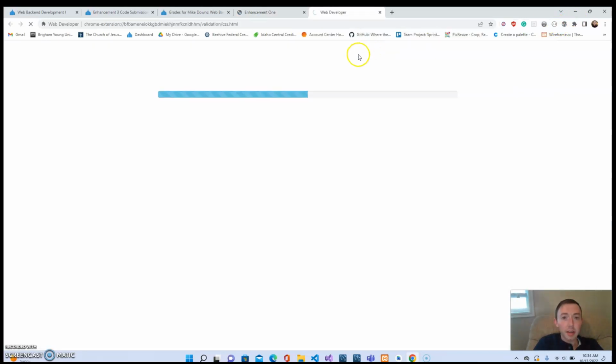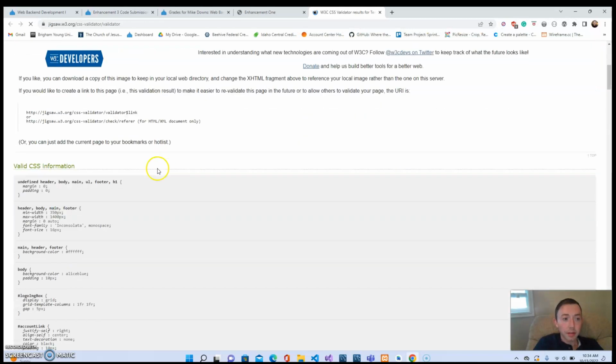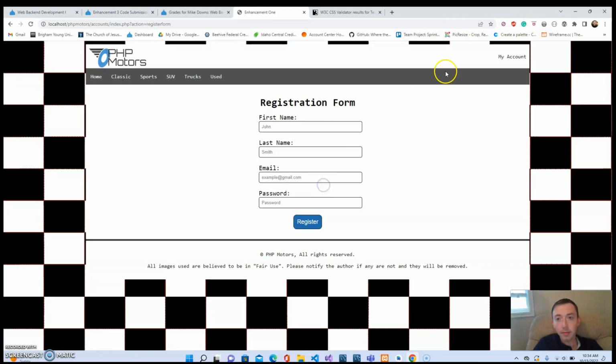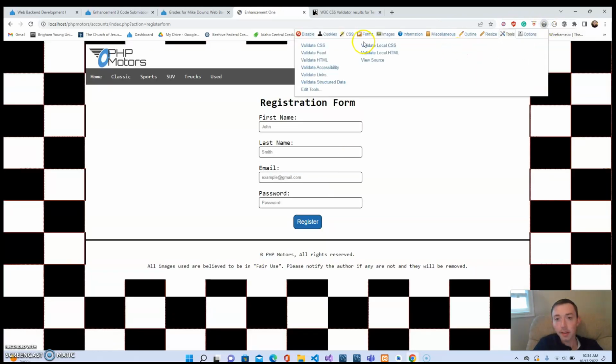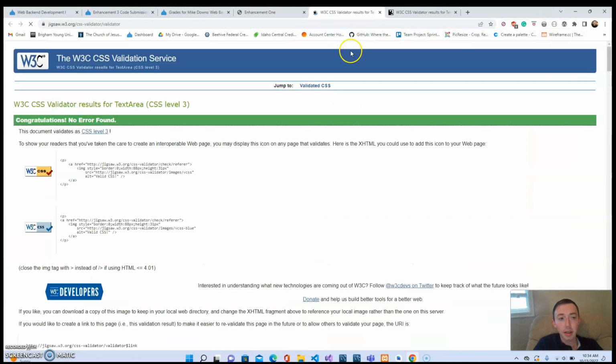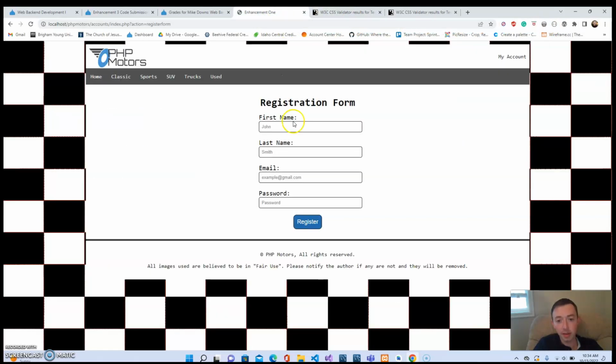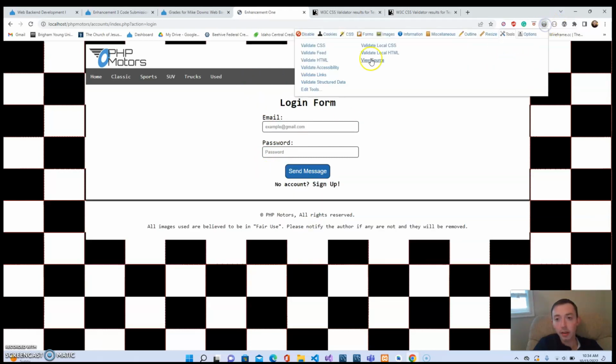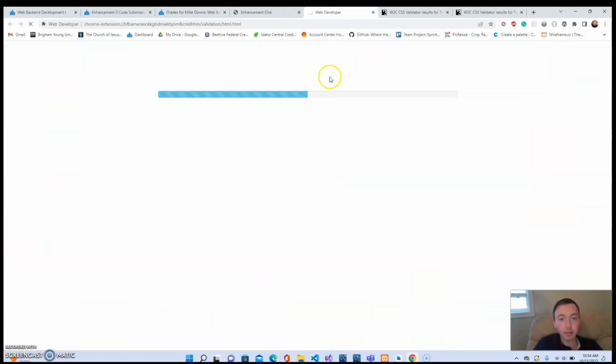So here we're going to validate CSS. So all the CSS checks out here. And CSS on this one checks out here. They both check out just because they're on the same CSS file, so nothing crazy there. If we validate HTML,